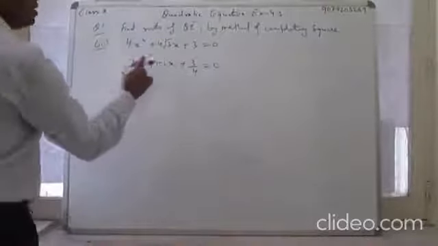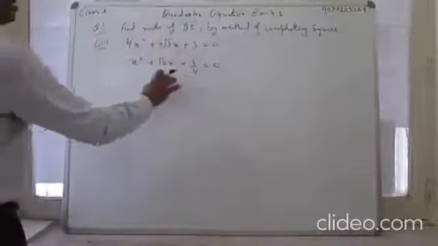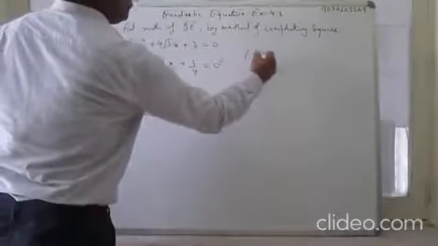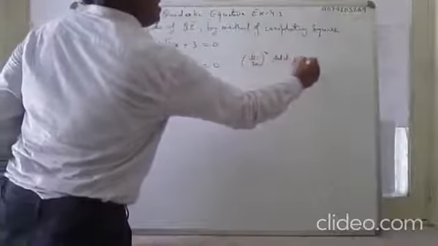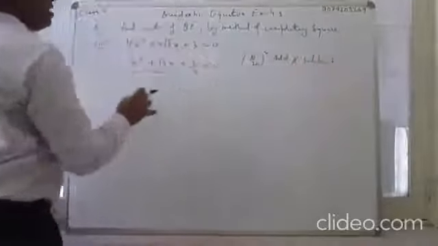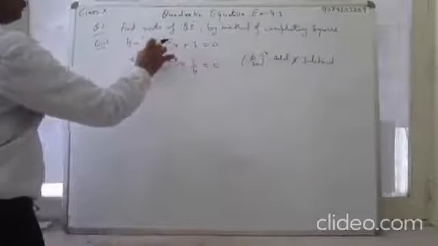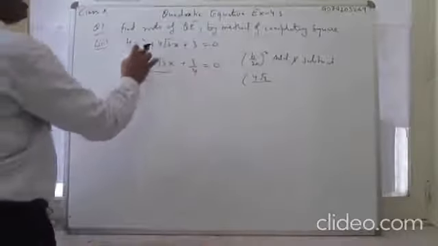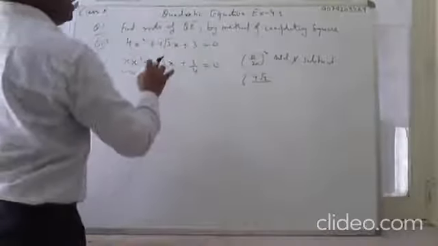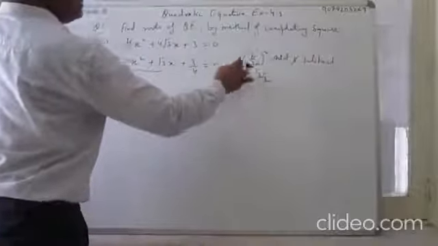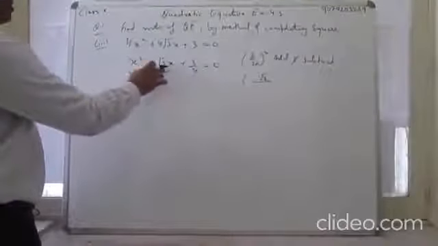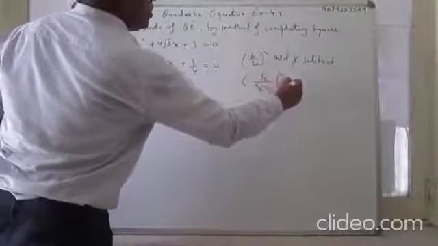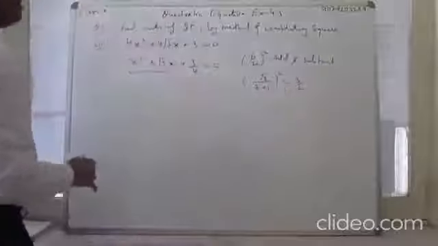Now this two terms is given to you और इसको आपको क्या बनाना है, complete square बनाना है. What you add and subtract? (b/2a) का whole square add and subtract. What is b? In this you can see, what is b? Root 3. And what is a? 1. So it is (root 3 / 2 into 1) का whole square यानी कि 3/4 add and subtract.